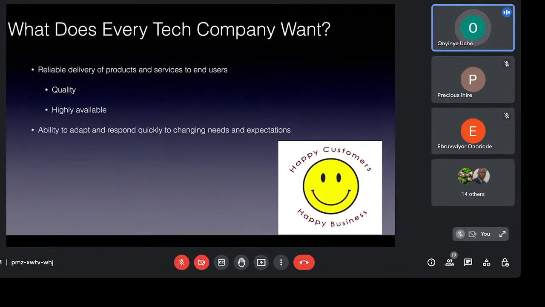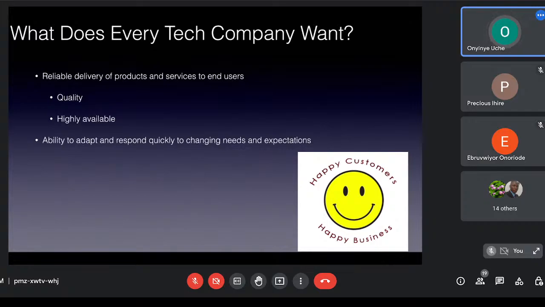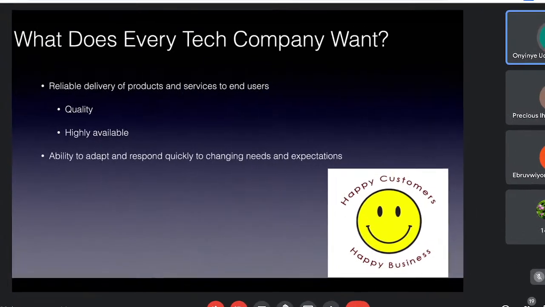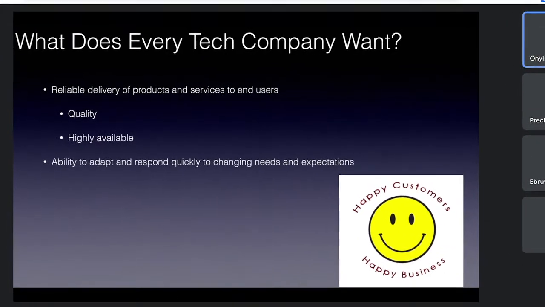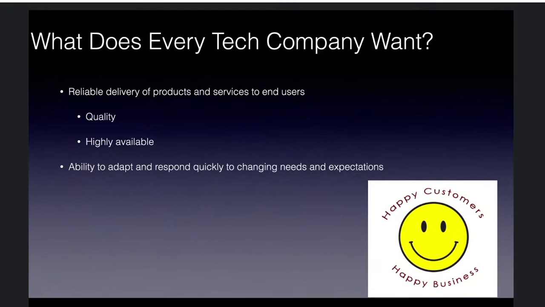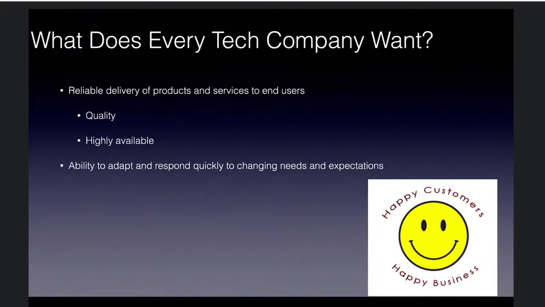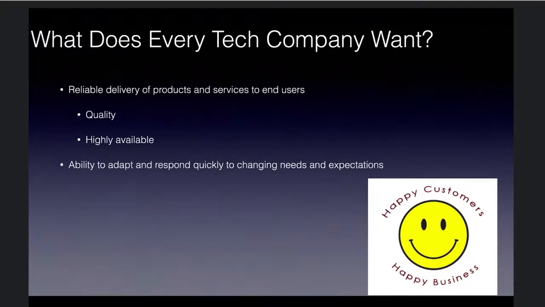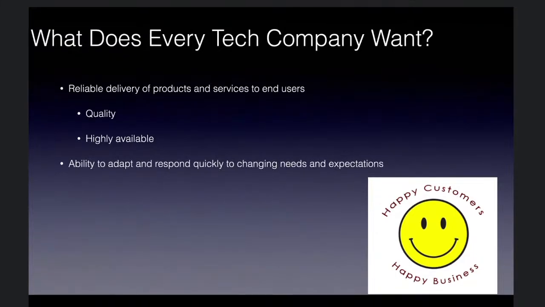Another point is that tech companies that are serious about making money need to be sure that they understand what the users want and can respond quickly. So if I push a blue button and my users want a pink button, I should be able to quickly change my code to reflect what these people want. Speed, velocity is important.